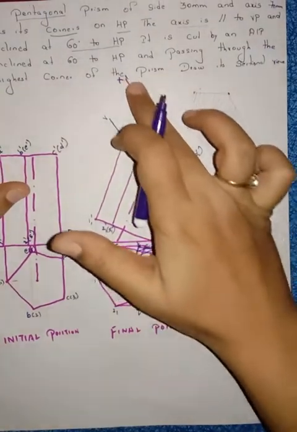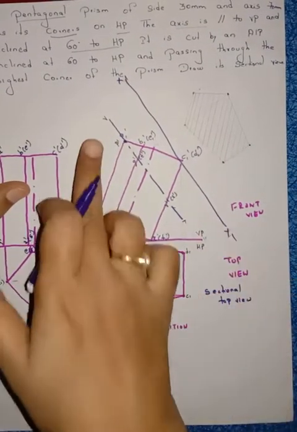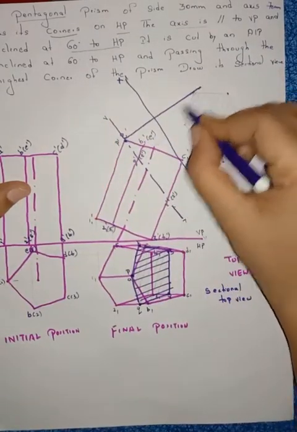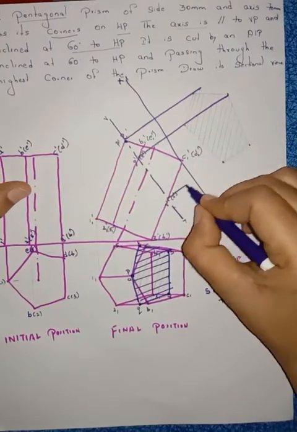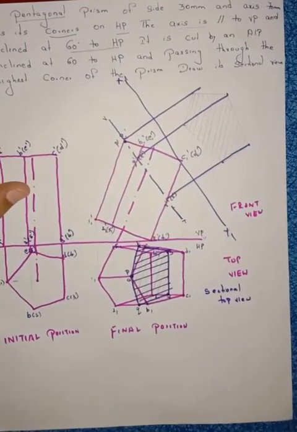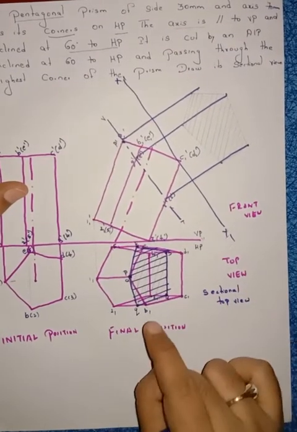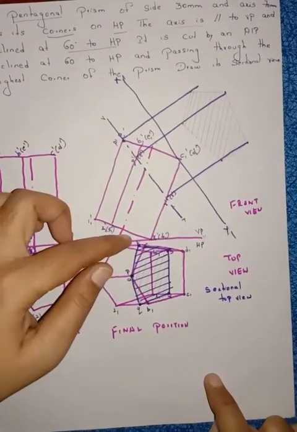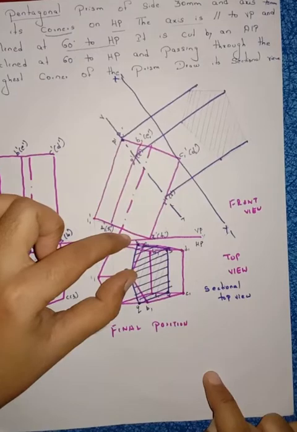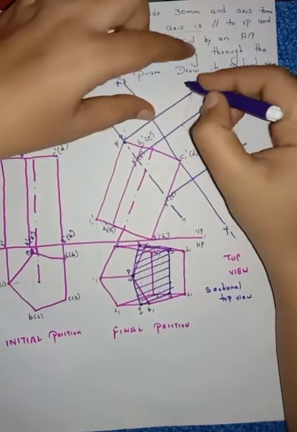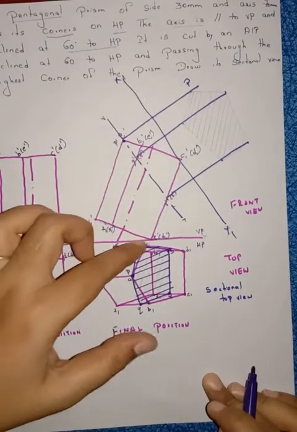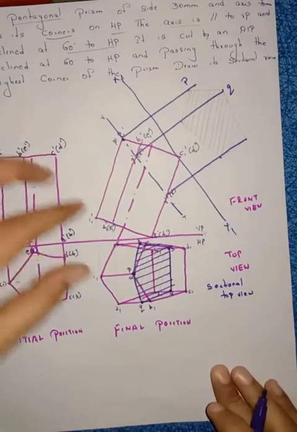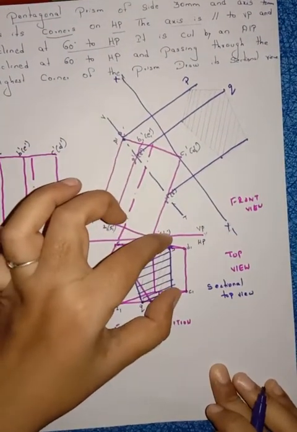This is your another reference line. Right? So after constructing this line, what we have to do? Keep your protractor on the sectional plane. From P, mark 90 degrees. From Q, mark 90 degrees. From R, mark 90 degrees here. After that, what we have to do? The shape we are getting here, the same shape we will get here. Right? So how to take from reference line to P point? Take this distance with your compass. From this reference line, mark here P point. From reference line to Q point, take this distance. From reference line, mark Q point here. From this reference line to R point, take this distance with compass.